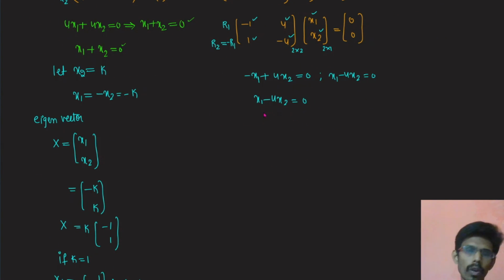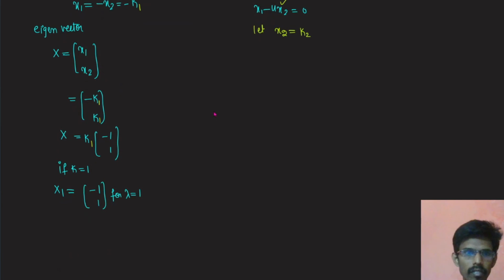Now here one of the values will be assumed. So here we have x1 and x2. Let us take x2 value as some constant, because the coefficient of x2 is 4. So let us assume this x2. Let us take this x2 as some k, right? Let x2 be k2. In the last eigenvector, I took x1 as k1.